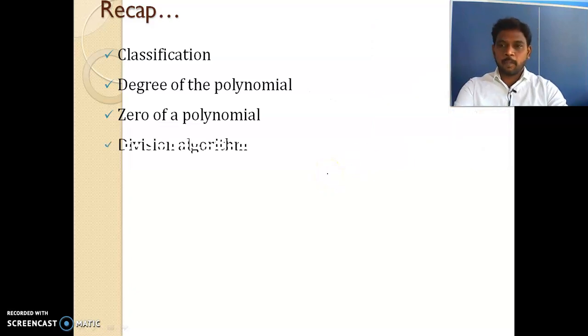What about the next one? Division algorithm. So what is the division algorithm? According to the numbers, if you divide one number by another number, we get a quotient and also a remainder. For example, if we divide 8 by the number 5, what will happen? The quotient is 1, right? 1 fives are 5, remainder. What about the remainder? That remainder equals 3.